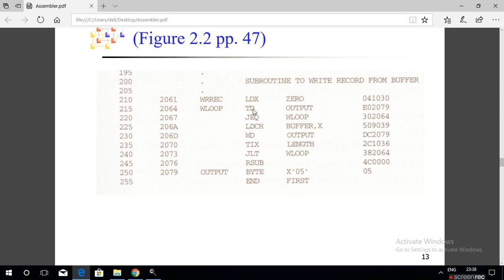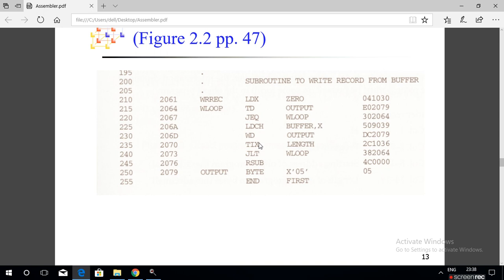If the device is ready, the status word register contains less than. If the device is not ready, the status word register contains condition code equal. Jump if equal, W loop. Otherwise, load the value that was in the accumulator from the buffer, whose address you will get by summing this.